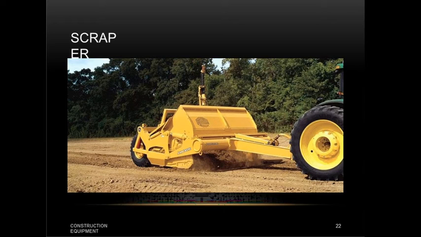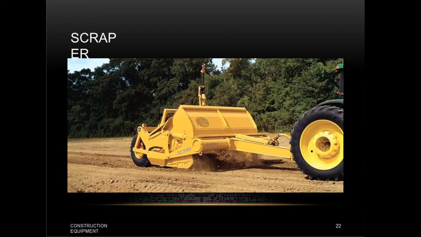Hence, it is not dependent on other equipment, because the picking up of the material, loading and hauling is done by the scraper itself. The wheels of the machine cause some compaction, so during loading and hauling there will be some compaction. The ability of these machines to deposit the load in a uniformly thick layer facilitates the succeeding spreading operations.